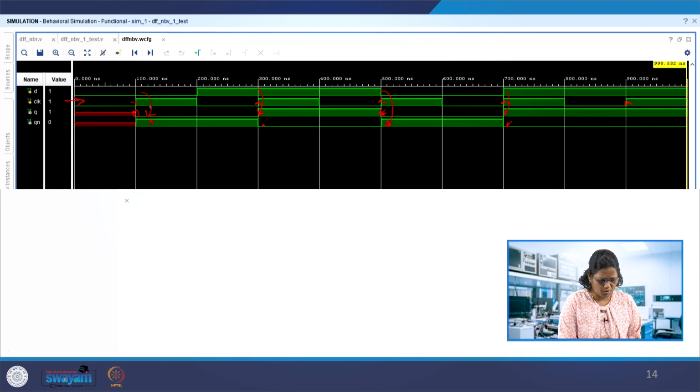You can see the corresponding values at 100 and 100, and then at 300 D changes. This is being copied at 300 and 500, at 700 it is copied, and then at 900 D is again 1. The changes in Q and Qn can also be observed here. It's fine, the 2 always blocks work fine. We notice that the second always block doesn't have the passage of the clock.